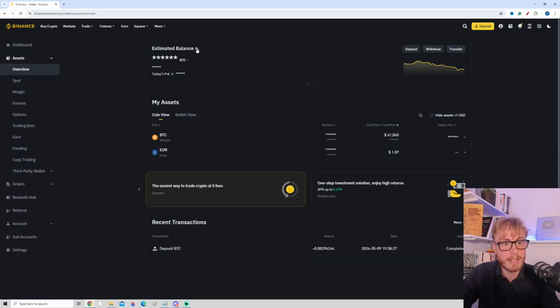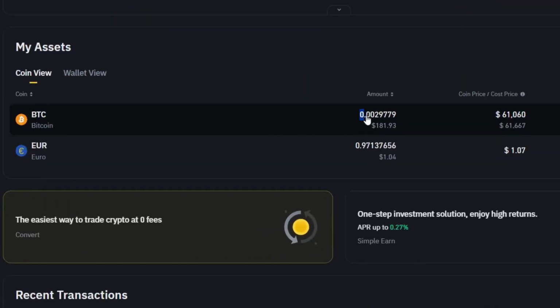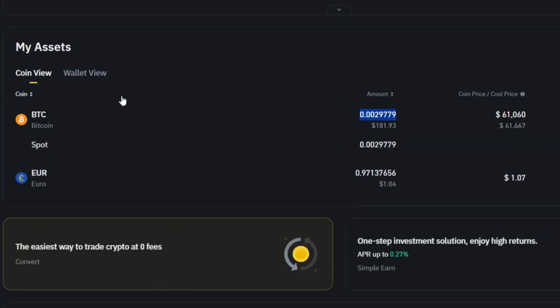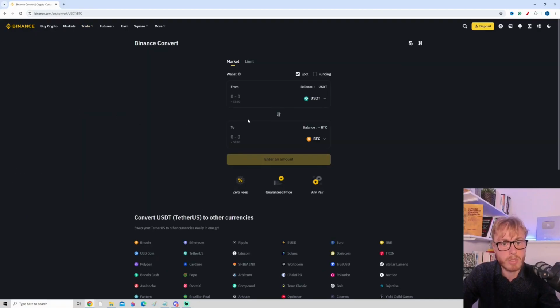Let's once again uncheck this button, which hides all the balance. And you can now see that we have in our account 0.00297 Bitcoin. But now let's actually go back here to convert and block trade, because what you also can do